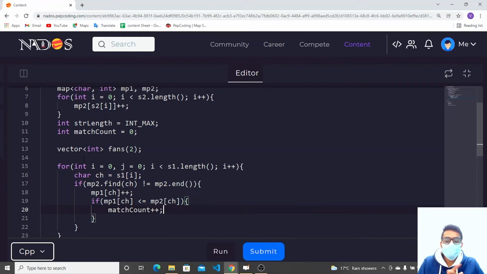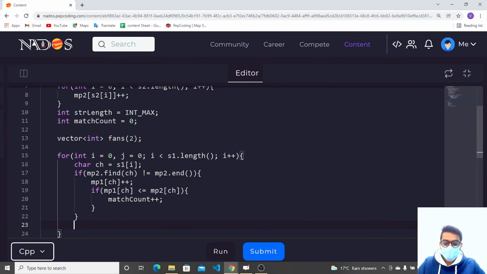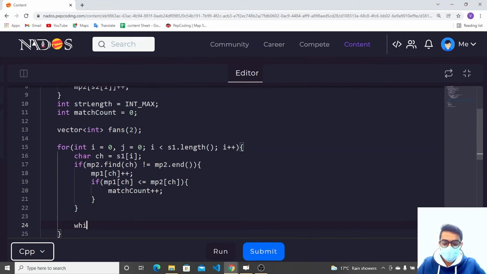What does this line mean? Map 1 contains that character and how many times it contains it. If its frequency is less than the map 2 frequency, meaning map 2 contains more of the element than map 1's count, then we are going to increase our match count. After doing this, we are checking with the while loop that